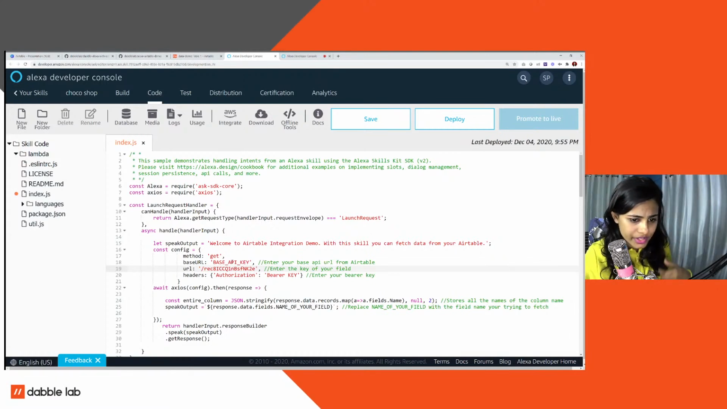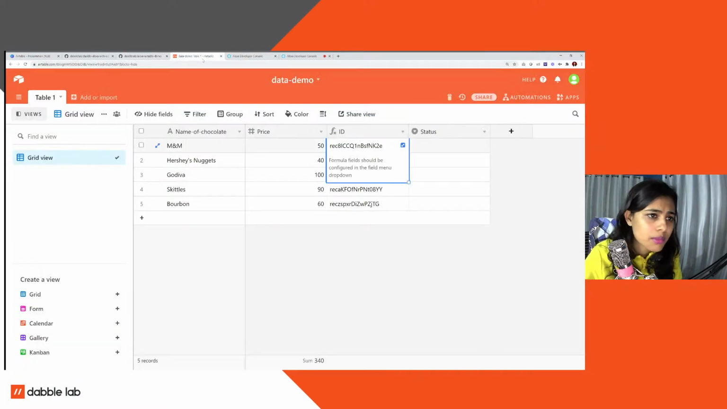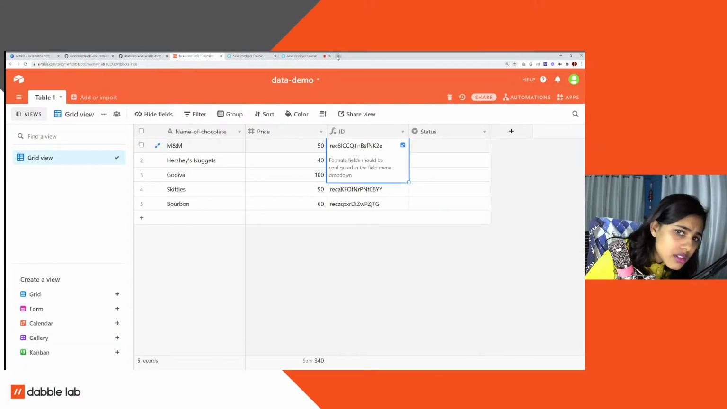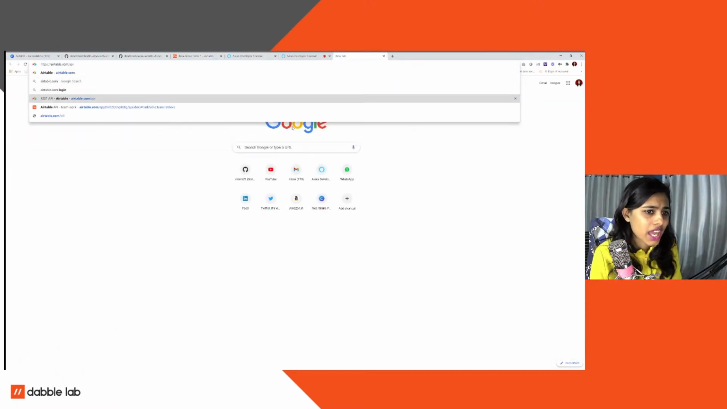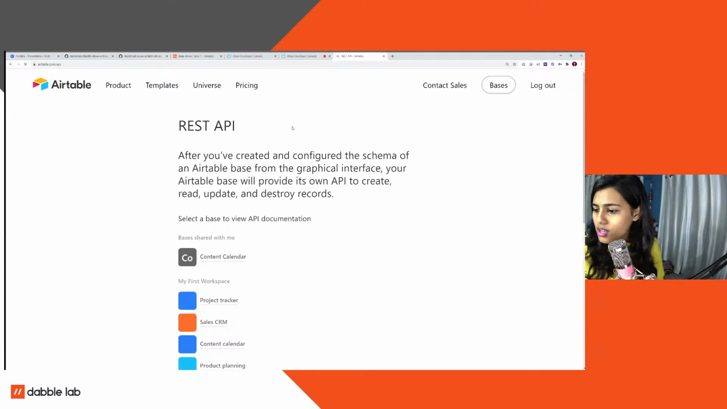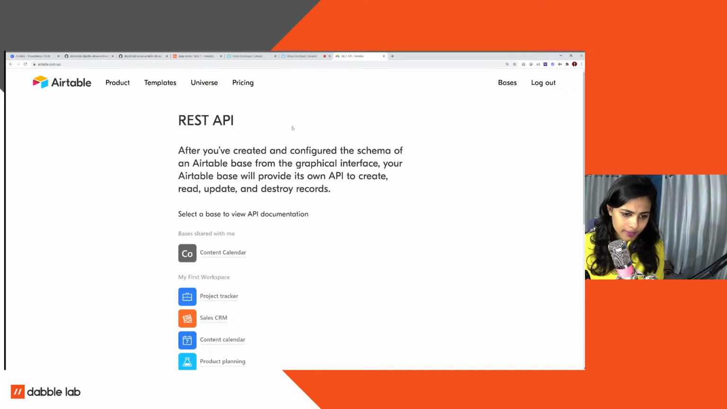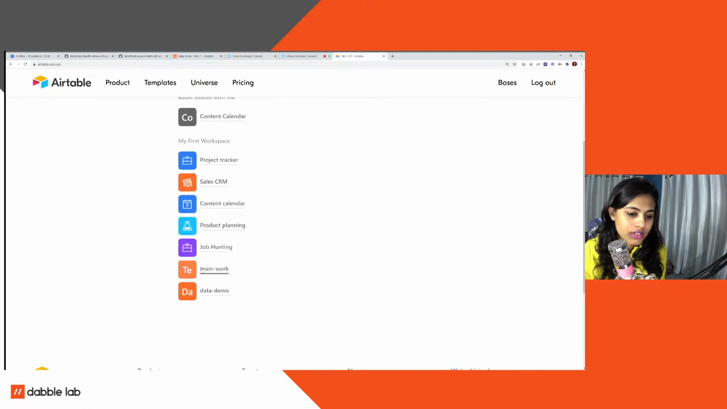And then I will set the base API key. Now where do you get the base API key from? When you go to your Airtable, and just go to airtable.com/api, you can fetch all the keys, get details to all the keys in here. This is amazing, right? Now if you go to, what is it called? Data demo, that's the name of my Airtable. So if you go to data demo,